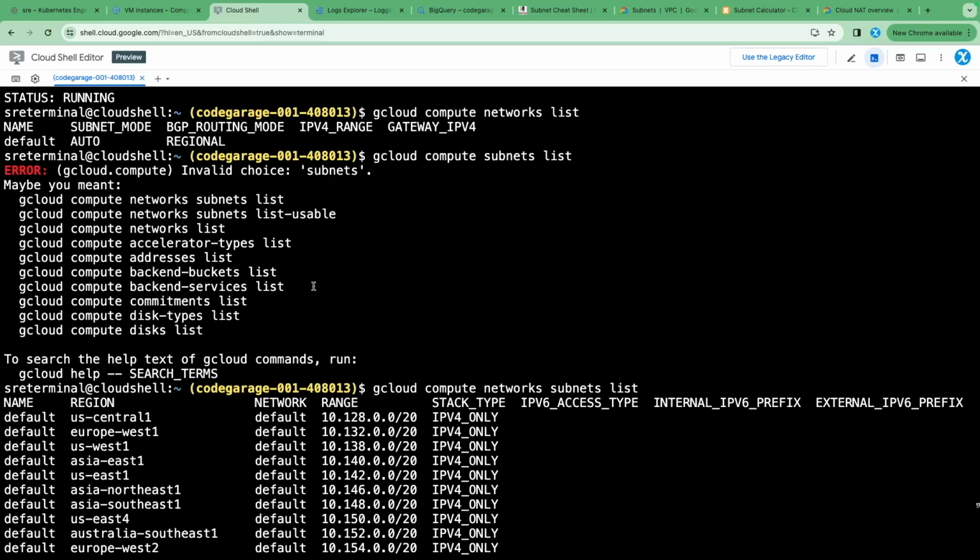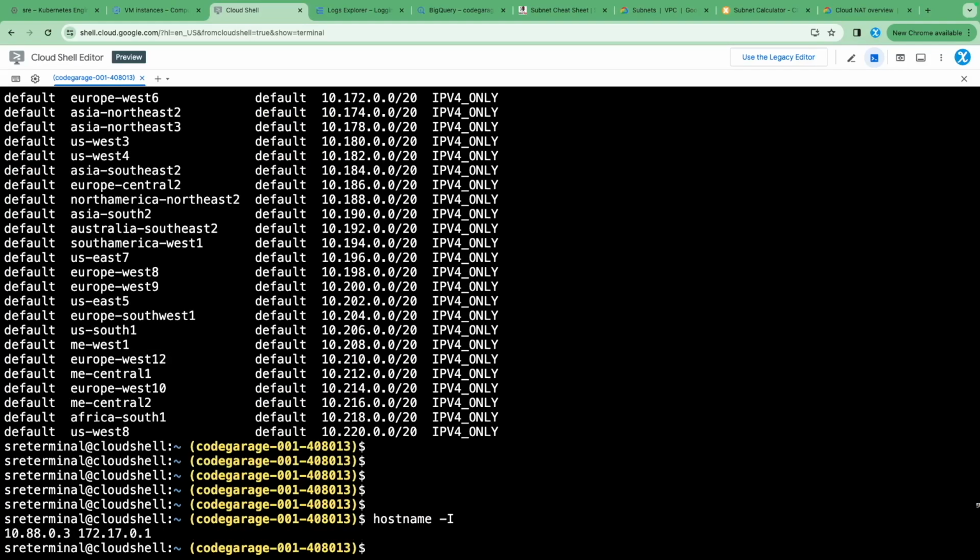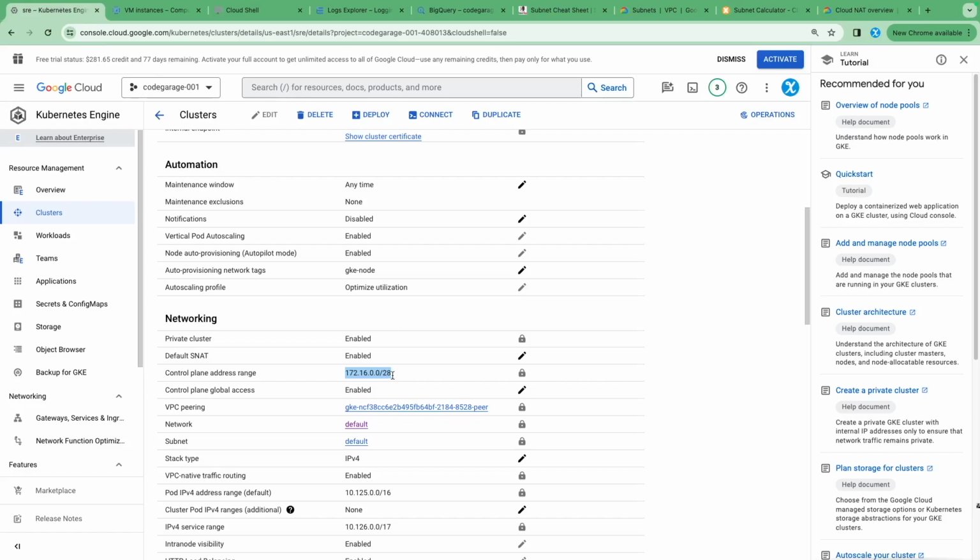And that's precisely the reason why we are not able to connect from here as well, because see, the internal IP of our Google Cloud Shell machine is also outside of this network, right? So you won't be able to. So now what do we want to do? What do we need to do? We will need a VM that is in this range, and from that VM we'll be able to authorize